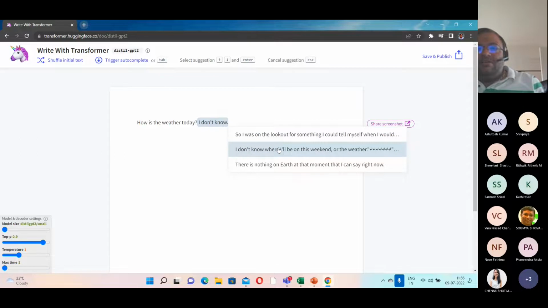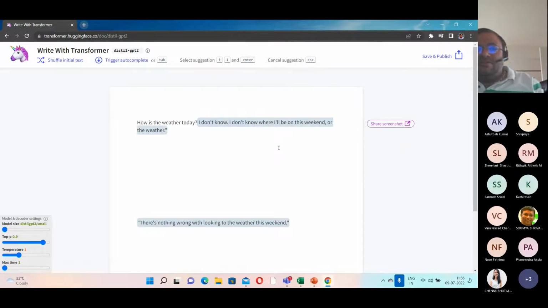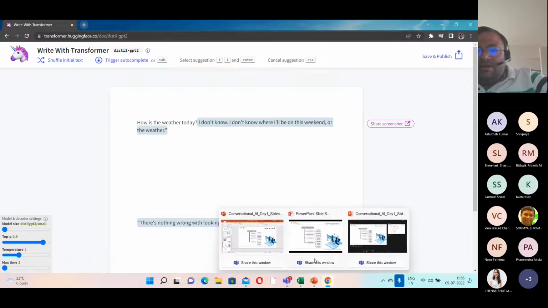I don't know where I'll be on this weekend or the weather. There's nothing wrong with looking to the weather this weekend, right? So it keeps on completing based on whatever you have typed, right? That was just a quick example. Let's go back to the slide. Just wanted to show you example of a generative process, right? One of the examples, right? It's a very advanced example, very state of the art, latest as well. Let's go back to the